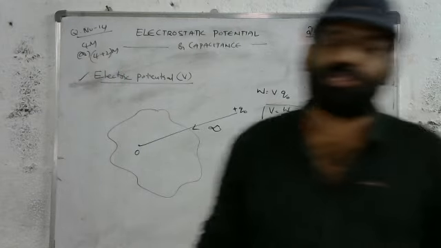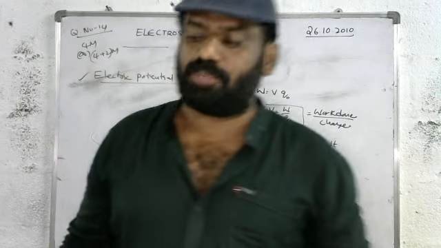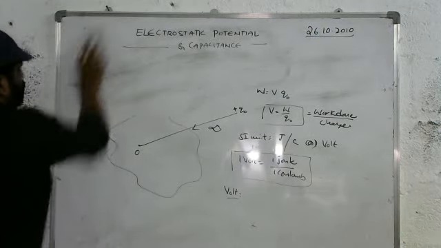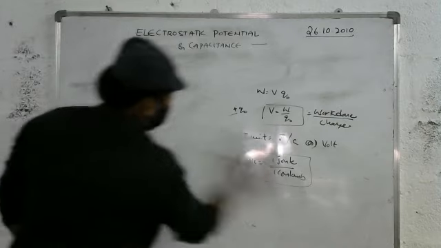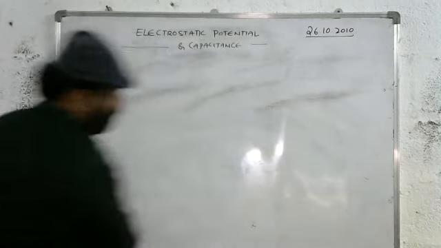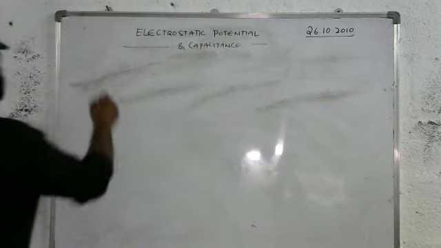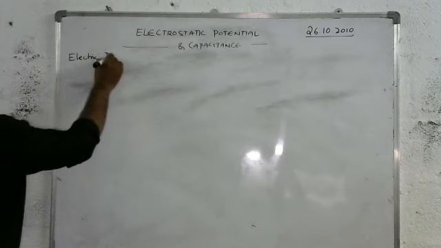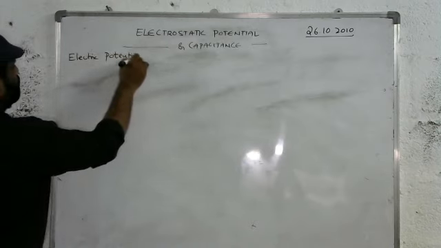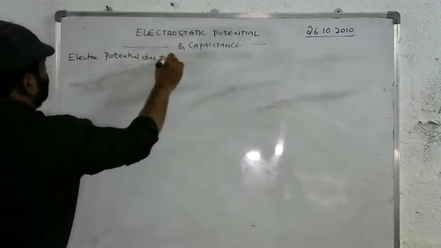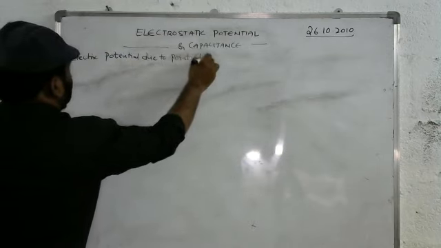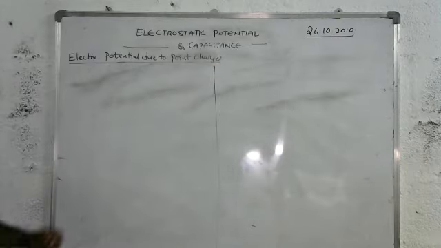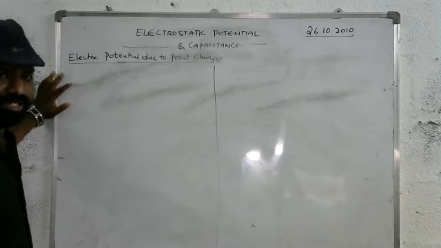Now we are going to determine the expression for the electric potential due to a point charge, which carries 4 marks in our IP examination. Now let us take a question: electric potential due to a point charge. It is the most important question. The expression for the electric potential due to a point charge. This is a very important derivation.